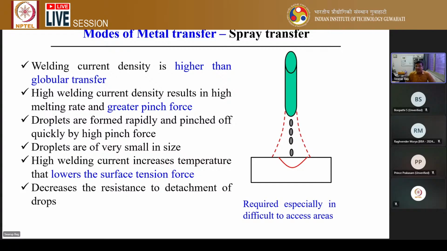So very high current we can use. If you use very high current in the gas metal arc welding process, we can expect that it can create some kind of spray metal transfer. Very small droplets are formed, and they are projected onto the workpiece surface. In this case, the pinch force, which is induced by the electromagnetic force, is more active to create the small droplets and transport them from the electrode material